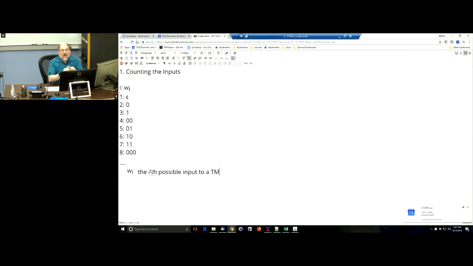It's even more interesting, because having counted, or more properly enumerated, assigned an integer index to all the possible inputs, can we enumerate all the possible Turing machines? Now, to do that, well, I suppose there's lots of ways you could imagine doing it, but